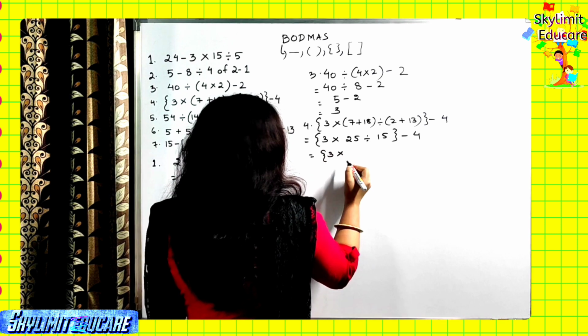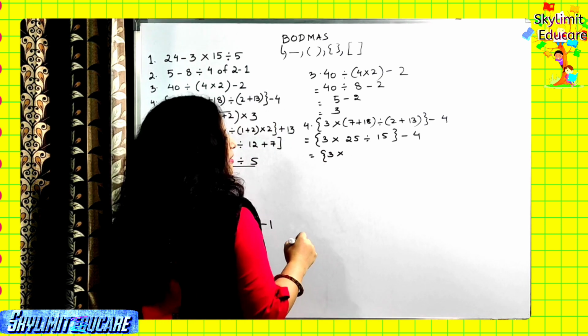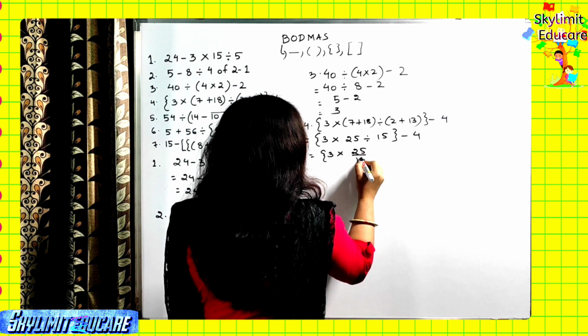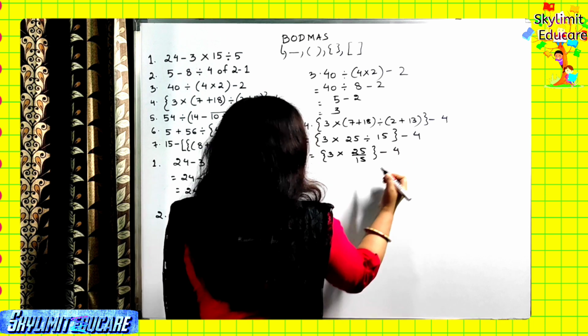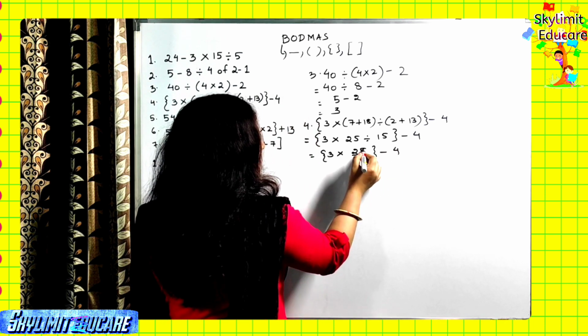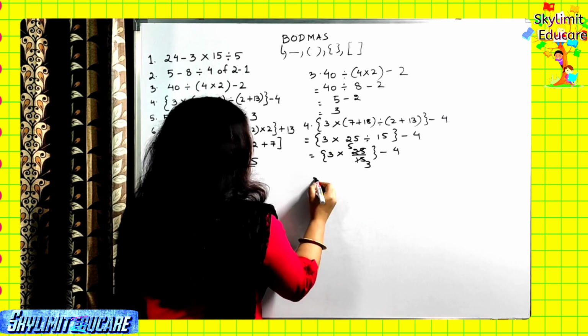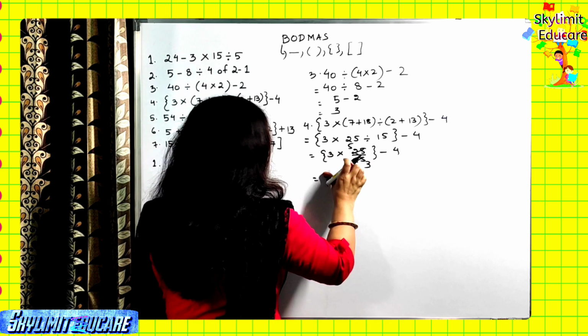So 3 multiplied to 25 by 15. Now 25 by 15 is not completely divisible. So what we can do here, just write it like this. 5 3s are 15, 5 5s are 25, right? So we got here 5 by 3. Now very easily you can